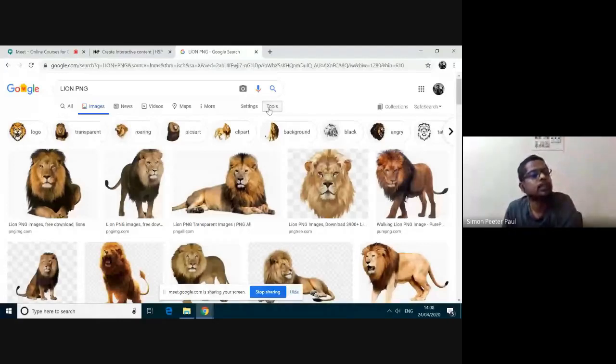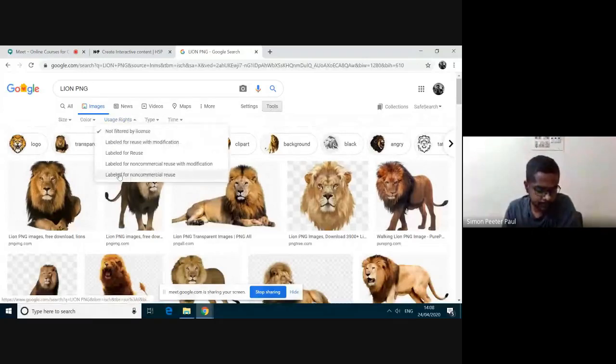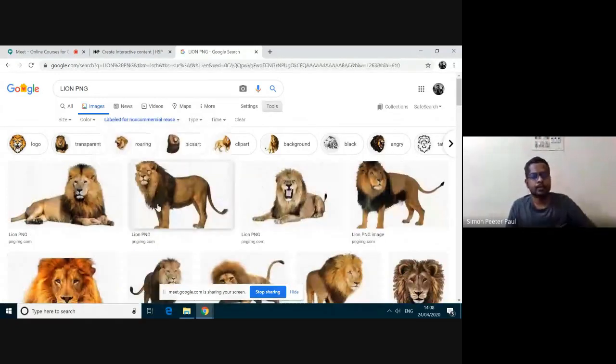I'm going for label for non-commercial reuse. I'm clicking this one. I'm getting some images which are copyright free, and it is labeled for non-commercial reuse. I think I'm okay with this lion.